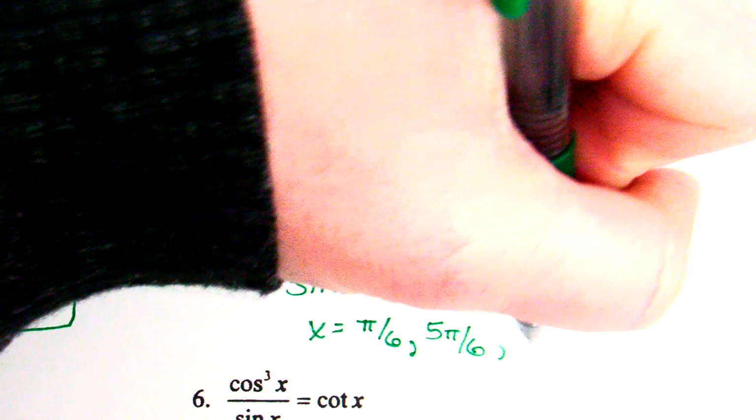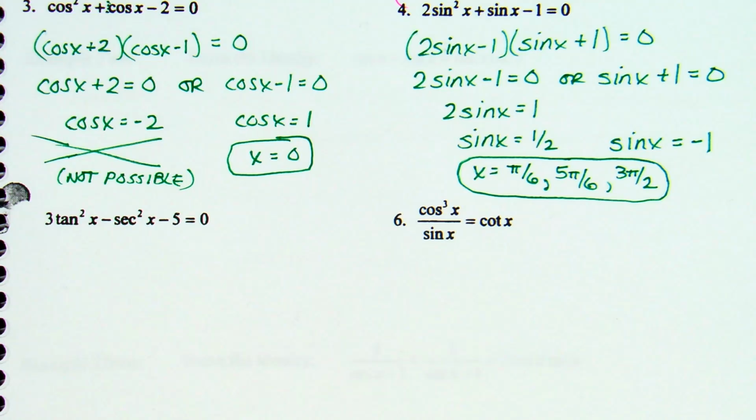So do you see what I did there? I took my secant squared and replaced it with a 1 plus tangent squared. I used an identity, and this was just all in the name of now my problem is only in terms of tangent. So if you would, let's distribute that negative. In other words, I'm rewriting it without the parentheses. 3 tangent squared x